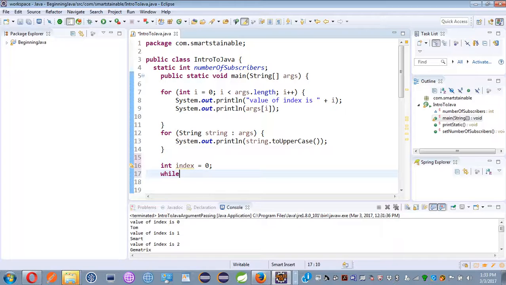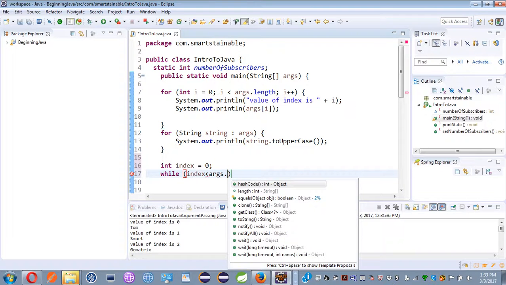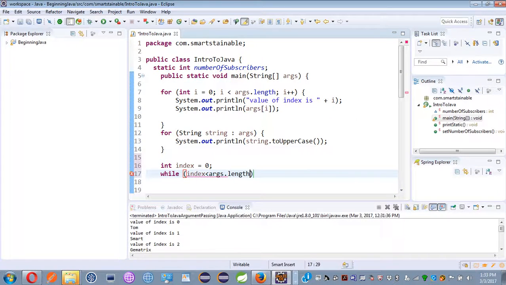Then I'll say while index is less than args dot length. So while my index is less than the number of entries in my array. In this case, what I'm going to do is take the args entry of the index value,